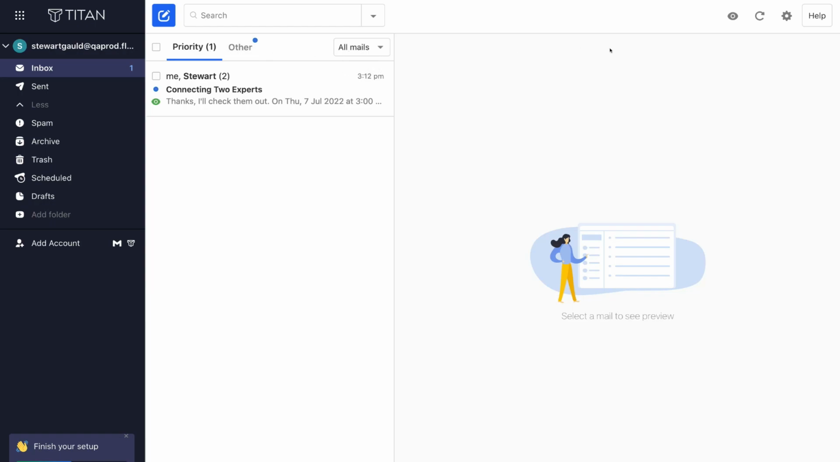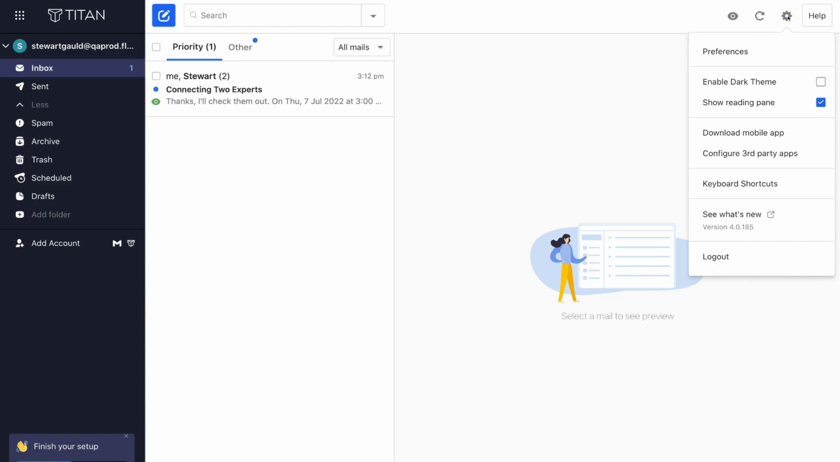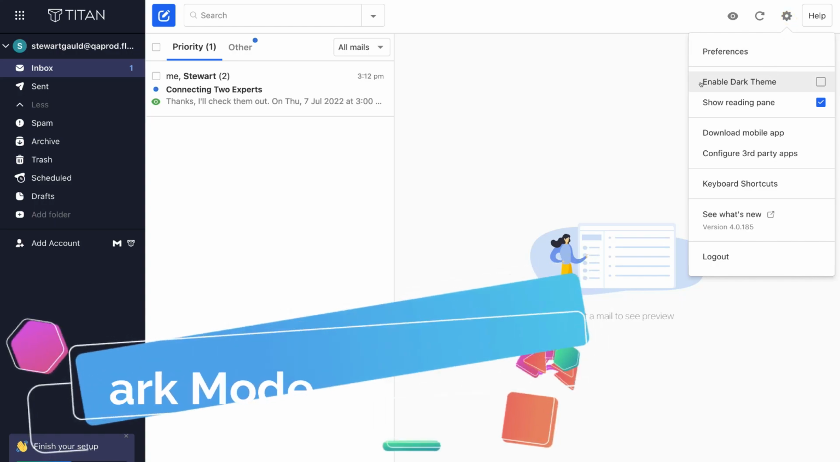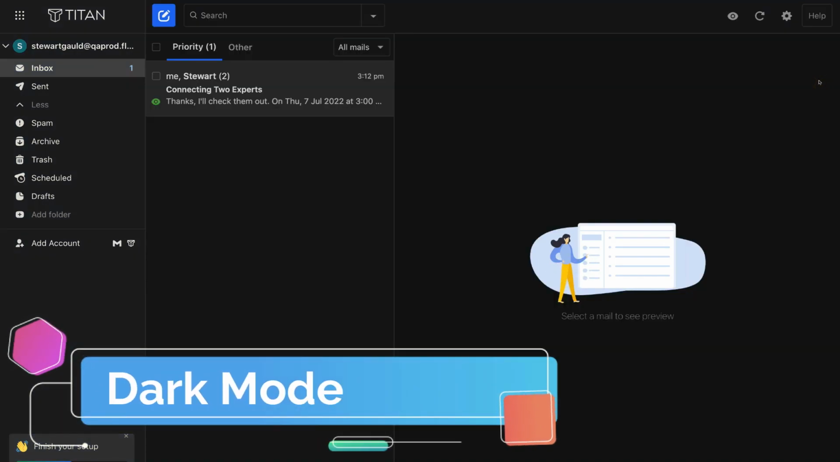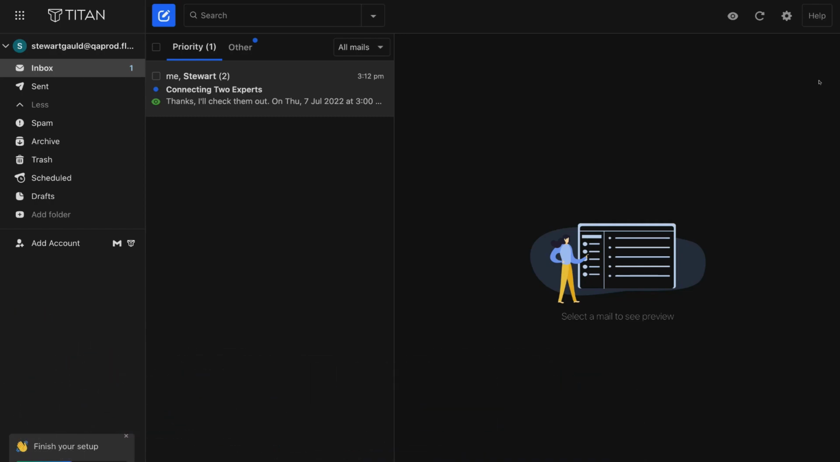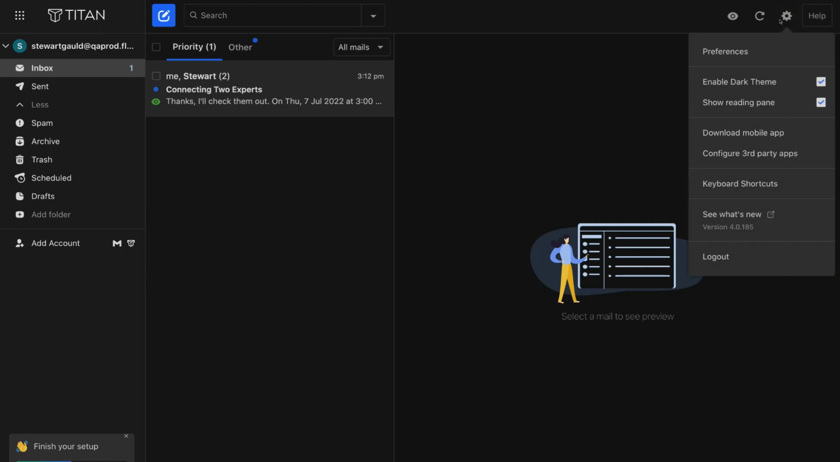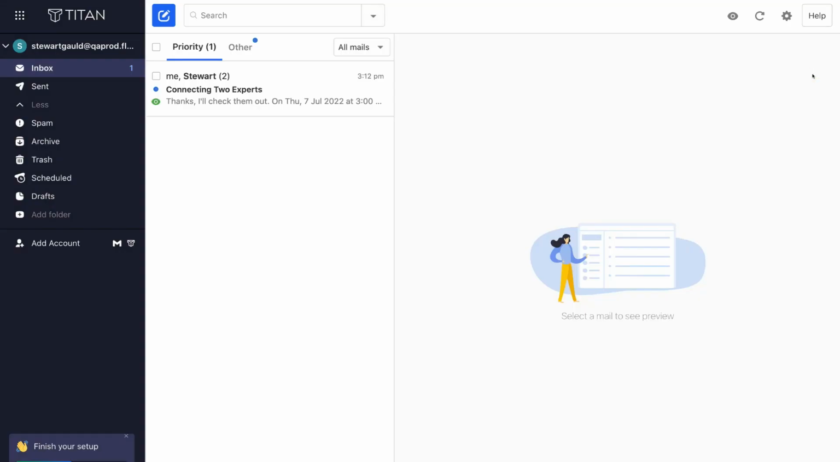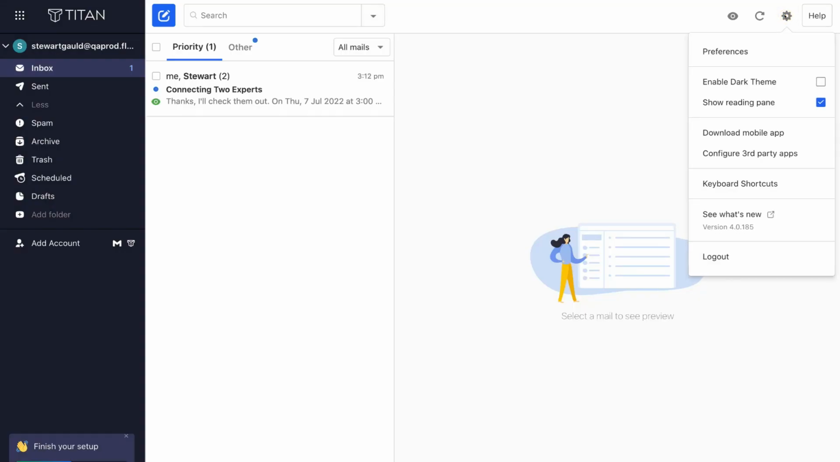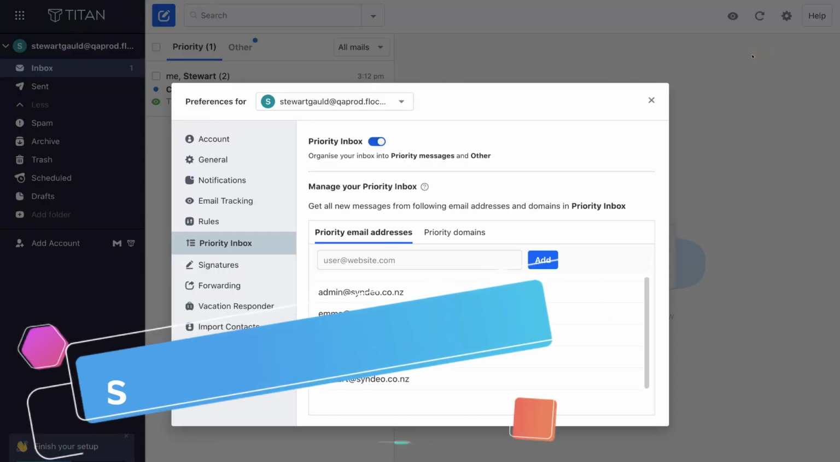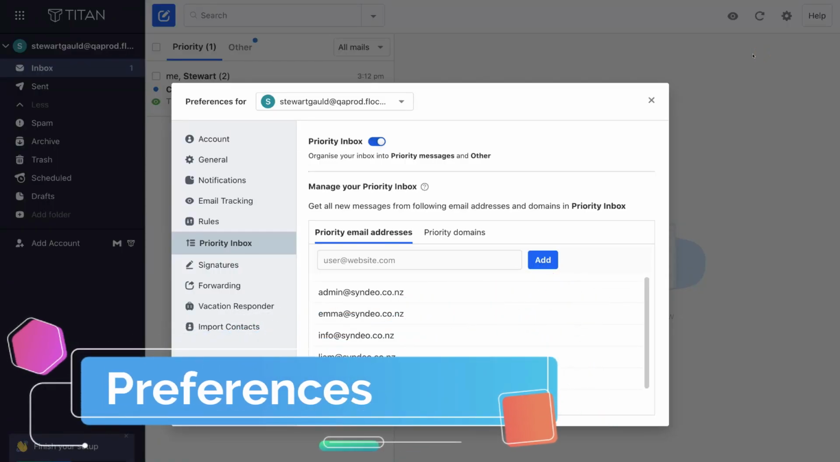Now let's go ahead and navigate back over to Settings, and down here we have the option to enable dark theme. If we click on that, our entire account will change into this dark theme. So this feature is based on your personal preferences. Now again, we're going to navigate back up to Settings and we're going to turn that back off, and again back up to Settings. We can also click on Preferences,